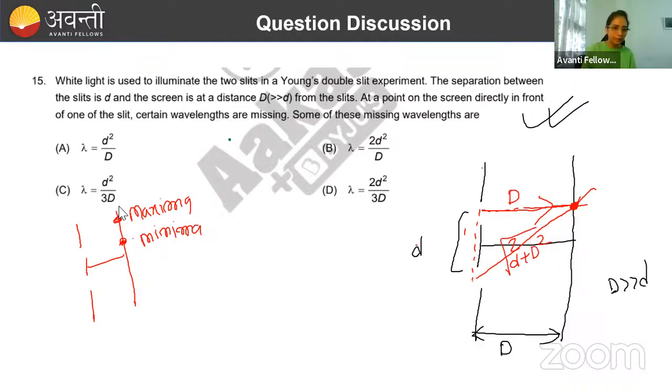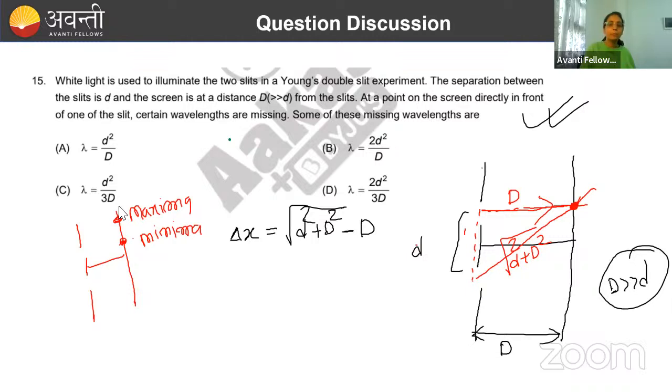Then now calculate the path difference. So what will be the path difference here? आप delta x को लिख लो directly. This is greater now. So greater से smaller को minus कर लो. Square root of D square plus d square minus D. Now you can very carefully or very easily see that this is a very tough calculation to do and get some answer. But just look at the approximation given here